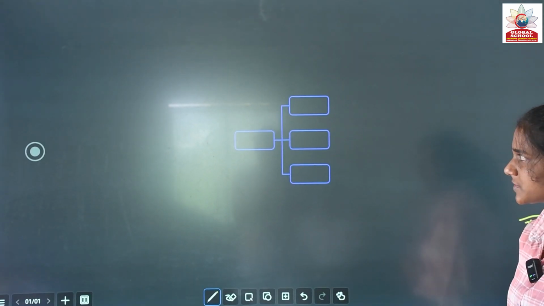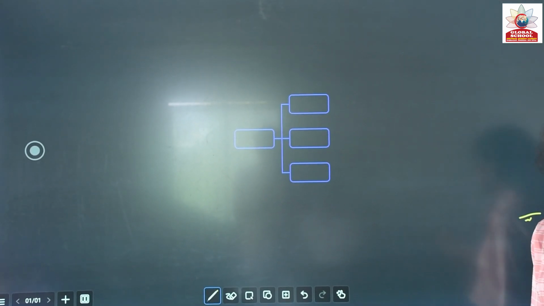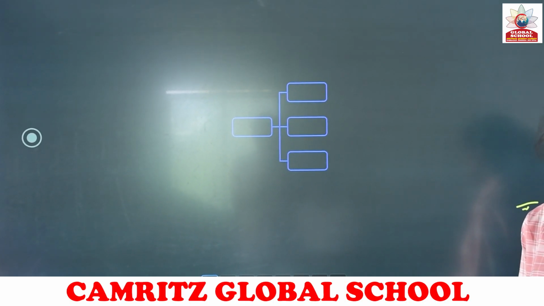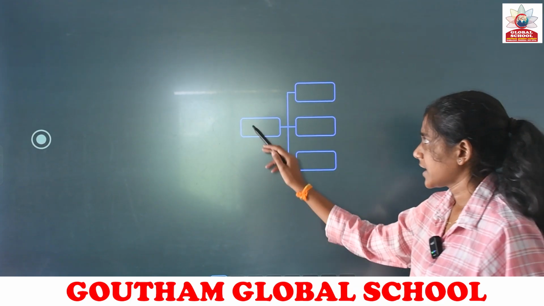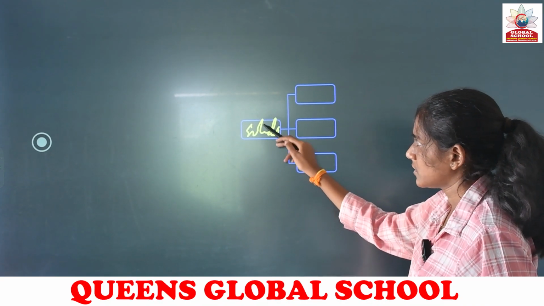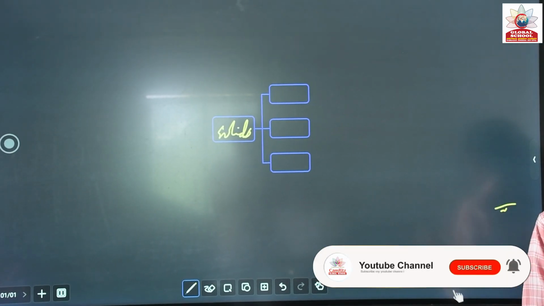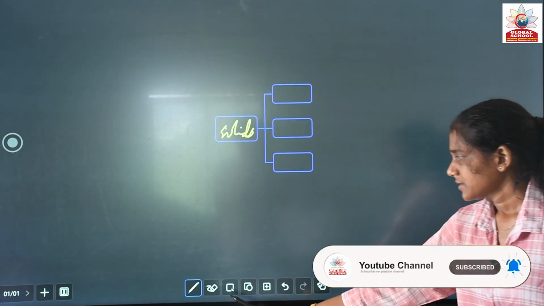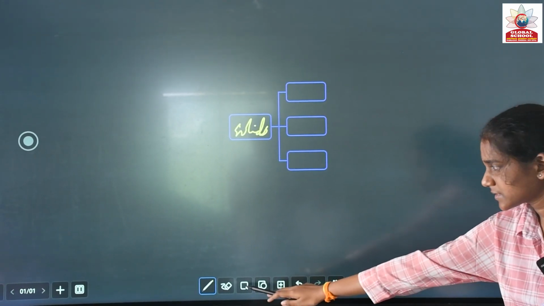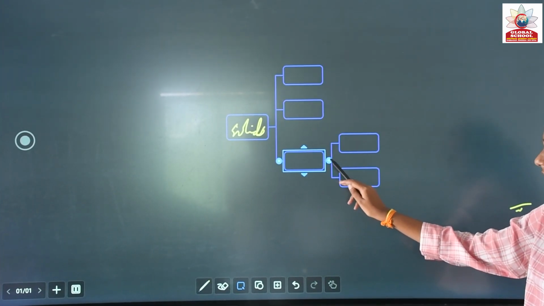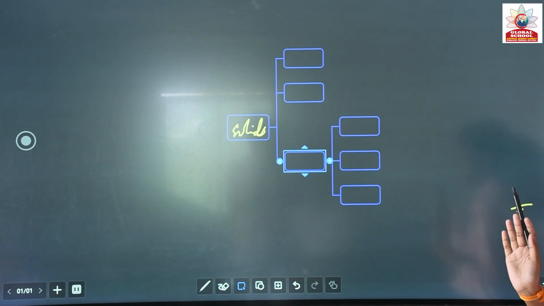And this is the conceptual map. For example, if you are teaching any classifications or different types of topics in the classroom, you can just simply write whatever you are teaching, and it will be auto adjusted. You don't have to manually adjust the box according to the size of the font. Again, if you want to insert more, just click on select. You can add as many boxes as you want here.